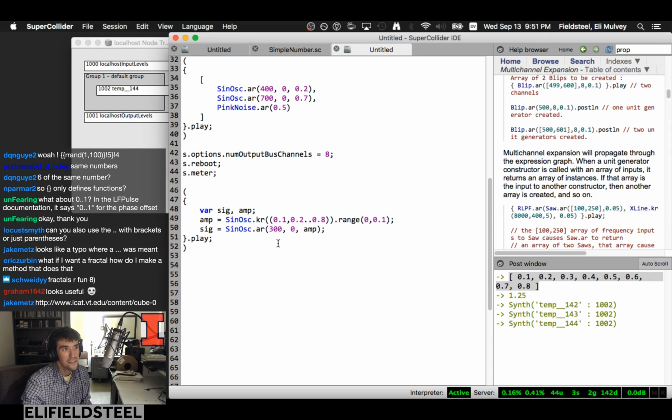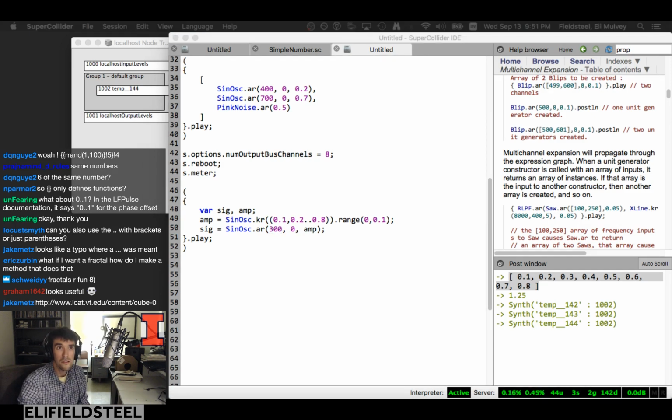So, right, that's the essence of arrays on the server and multi-channel expansion. You could replace this with something that generates 8 random values, and you could also replace this with something that generates 8 random frequencies, so all 8 channels would be different frequencies. I could go on and on, but I'm going to close it here for now,